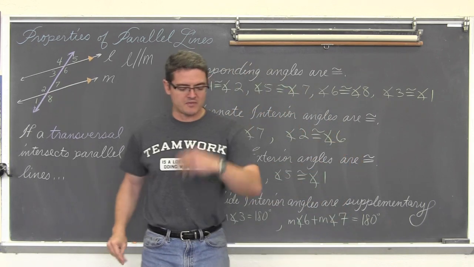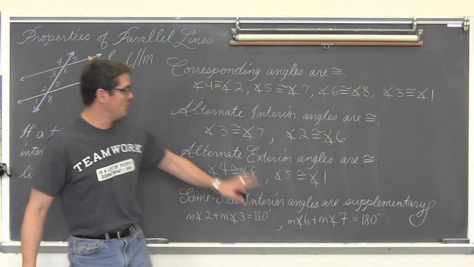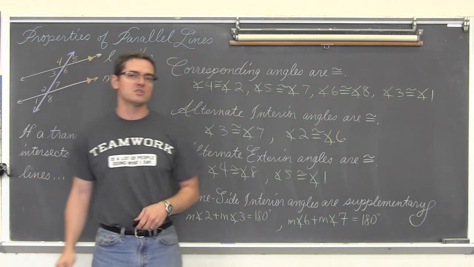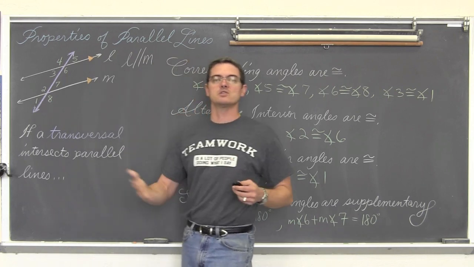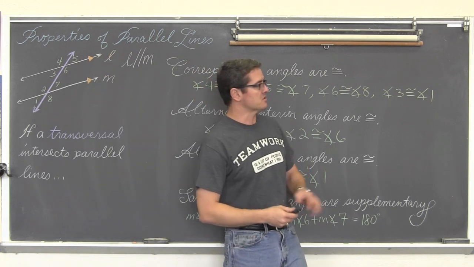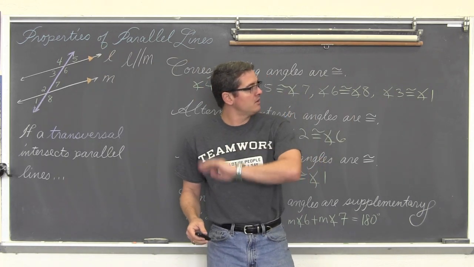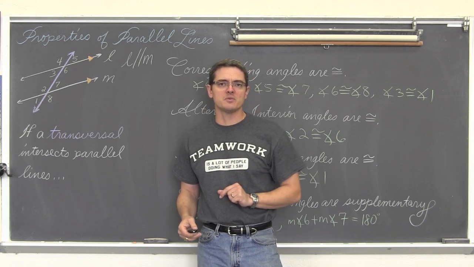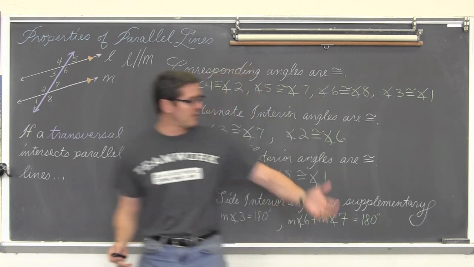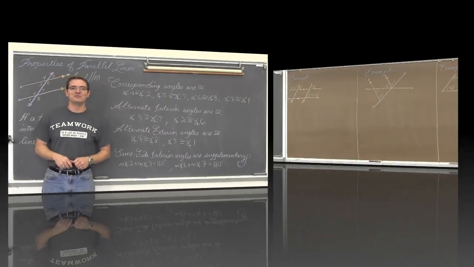So, those are 4 types of angles and their properties when you are intersecting parallel lines, and not just any old 2 individual lines being cut by the transversal. Again, we got 4 pretty simple, I hope, algebraic examples involving these types of angles, and then finishing with a proof.